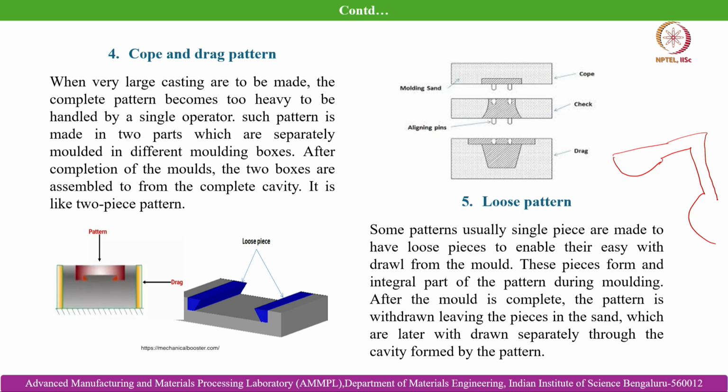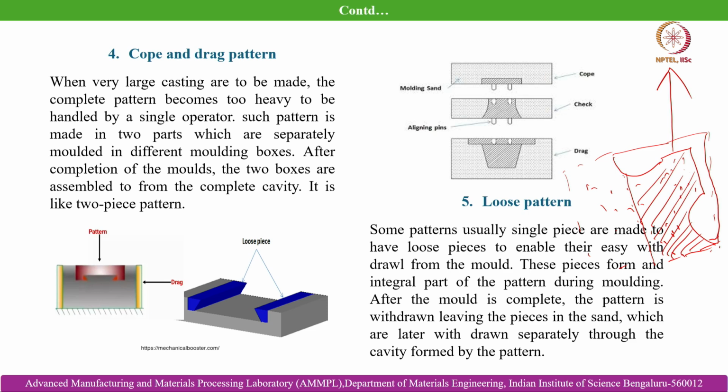So, in that case, you can understand that it becomes very difficult to remove the sand from the mold flask, or to remove the pattern after ramming the sand in the mold flask, if they are of a single piece. So, what can happen? It can cause damage to the nearby area. If we just want to remove it in one piece, it can cause a cavity within the mold much bigger than what is needed, that is what is anticipated to get the desired geometry